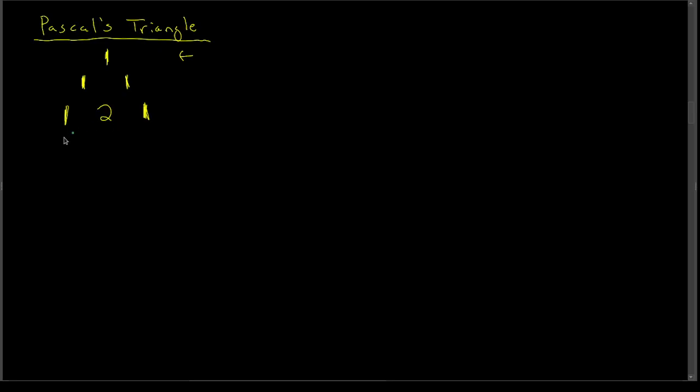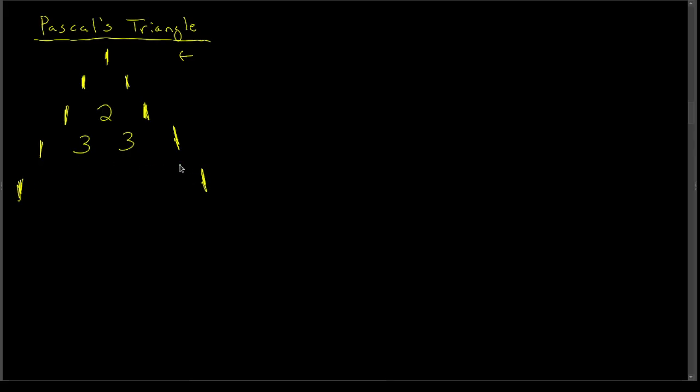For the third row, there's going to be 1s on either side, and I need 2 things in here. The first one is 1 plus 2, because it's going to touch the 1 and the 2. And then the other one would appear out of this bit here. It touches the 2 and the 1, and so I add the 2 plus 1. And so for each row of Pascal's triangle,